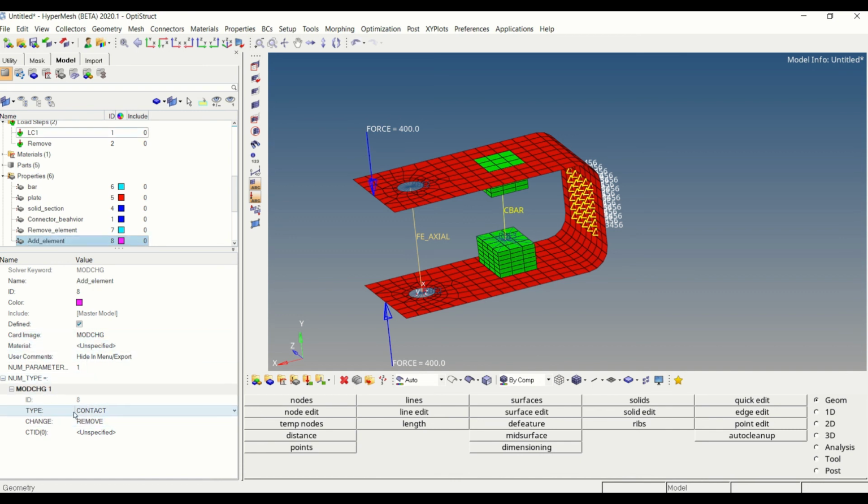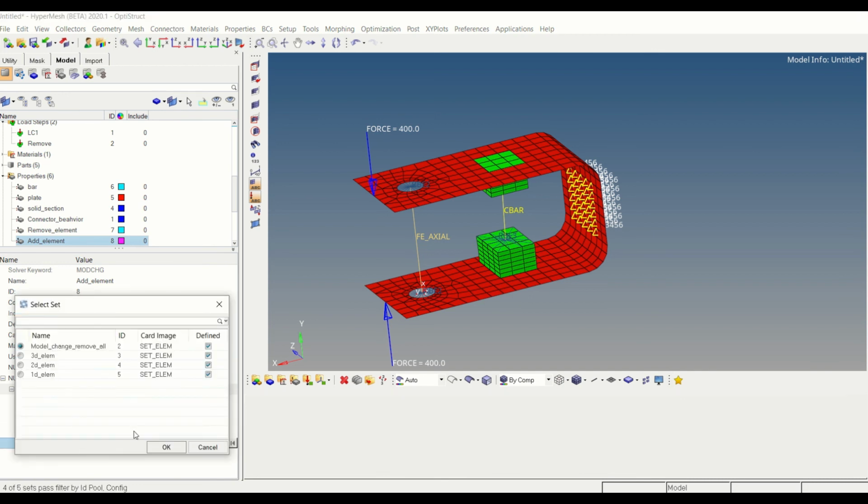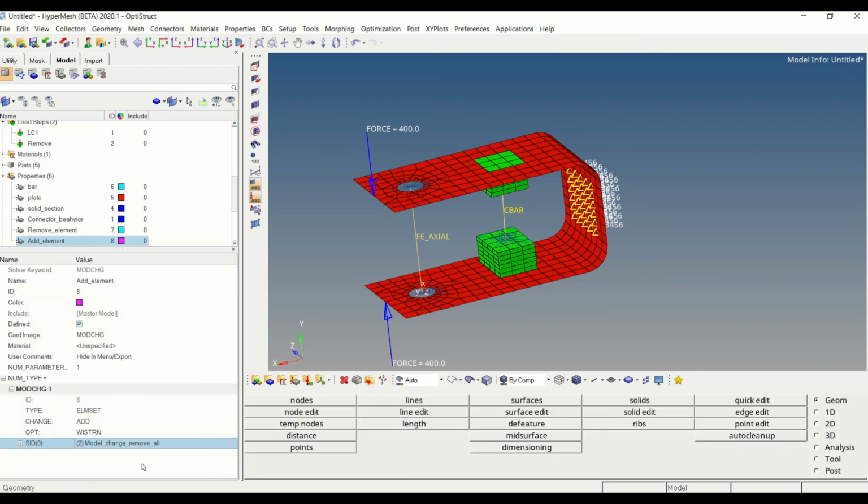Under this, change the type to element set. Select add as the change option. Under this change option we have with strain and without strain options. So I am going to select the with strain option here and select the element set which we removed previously.